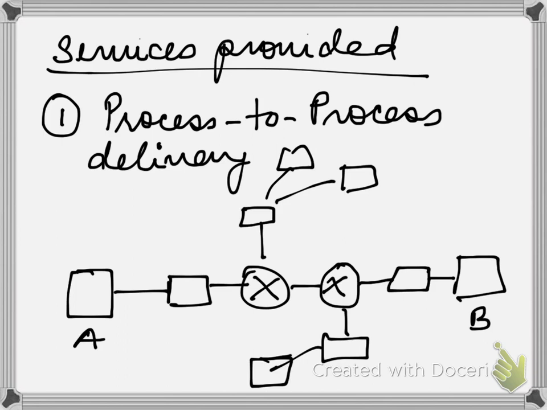So these intermediate devices receive packets or data from various sources, from multiple directions. Usually they follow a store and forward method. That means they have some memory, let me use a different color. So they have certain memory here,